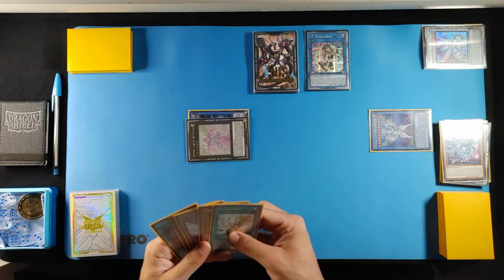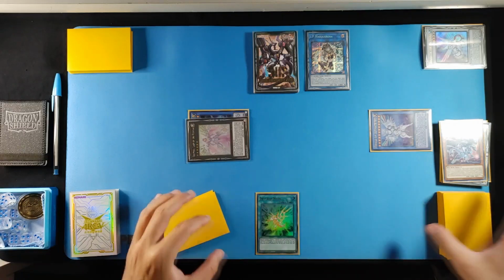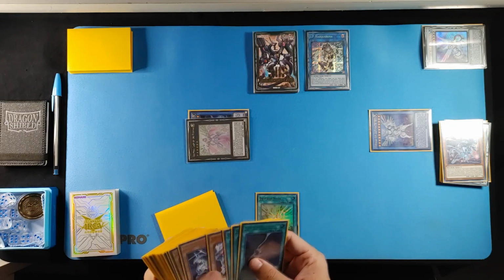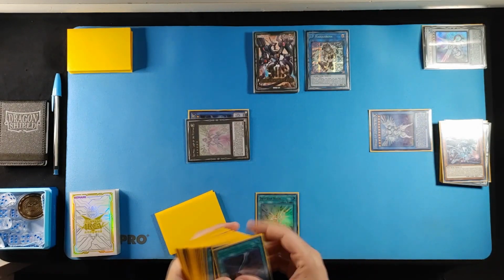But since we have the extra, we'll go ahead and get a Beta out of our deck right now, or Delta, I'm sorry, we'll do Drytron Nova. And we'll pull